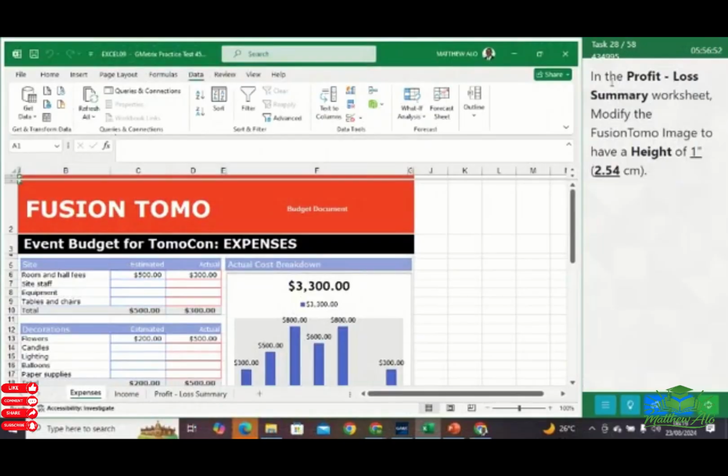Task 28. In the profit loss summary worksheet, modify the fusion tumor image to have a height of 1 inch, equivalent to 2.54 centimeters. Okay, to do this, just go to the